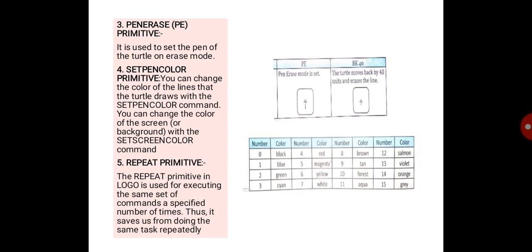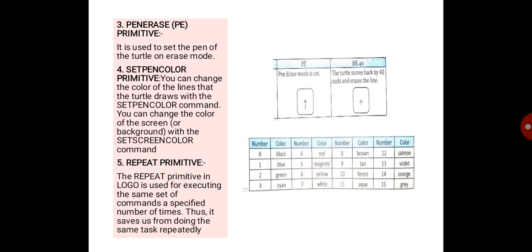Here the two primitives FT50 and RT90 are repeated 4 times each. Children, to remove the repetition of commands, the repeat primitive can be used. Using the repeat command, we can turn this into a one line command, such as repeat 4 in bracket FT50 RT90.